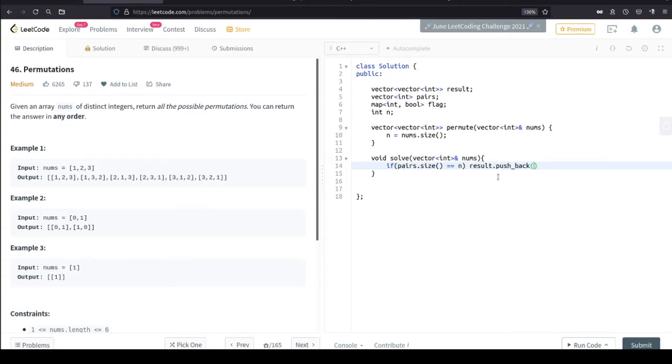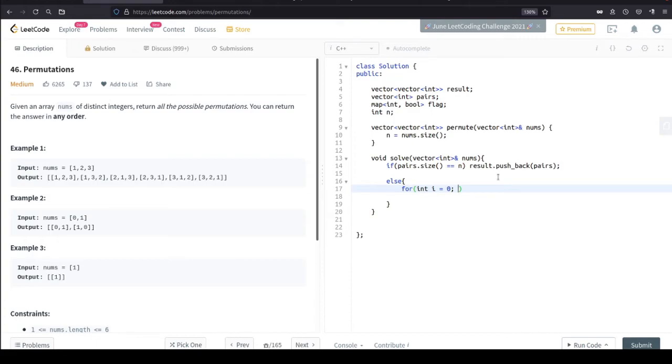Else, if it is not equal, then we will check one by one for all the numbers. Okay, so in else there will be a for loop which will check for each integer for one block.